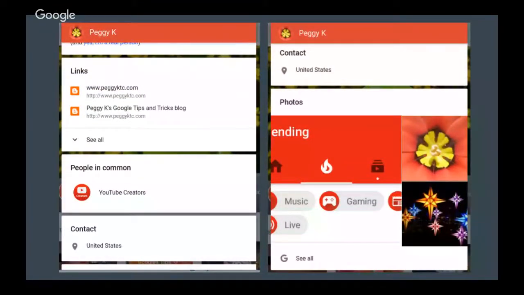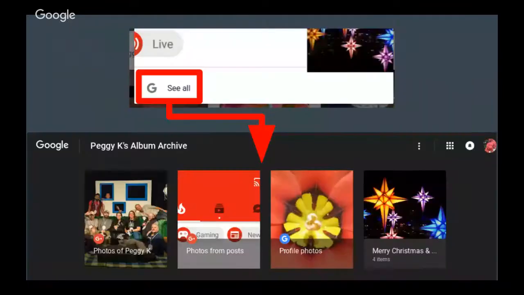If they click the option to see all of your photos, it opens not Google Plus anymore, because there are no Google Plus photos anymore. Instead, it opens your Google Album Archive, which is a whole separate topic. But I just wanted to point out that your public albums are still visible. And if you want to highlight them, you can even add them as a link to your profile, or share the link to your own album archive on Google Plus. That way people can click that and see all your public photos.